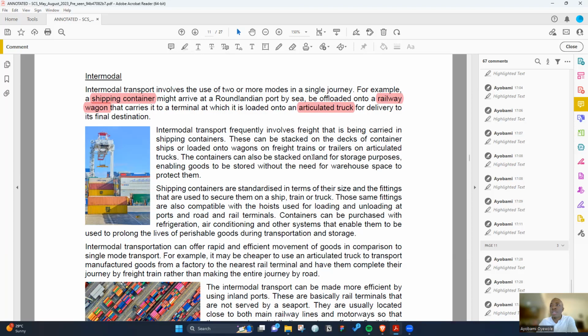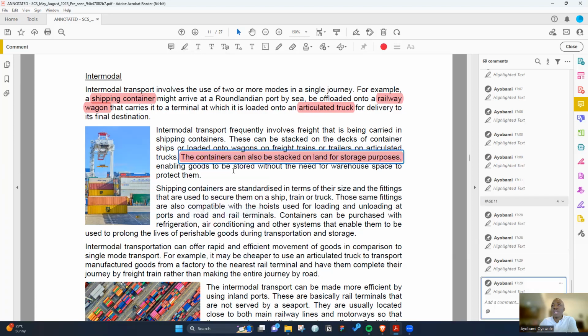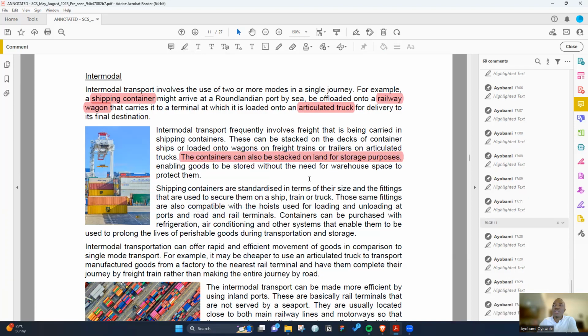different countries. Intermodal transport frequently involves freight that is being carried in shipping containers. This can be stacked on the decks of container ships or loaded onto wagons on freight trains or trailers on articulated trucks. So these containers can also be stacked on land for storage purposes. So you can also use these containers for storage purposes, enabling goods to be stored without the need for warehouse space. So sometimes if